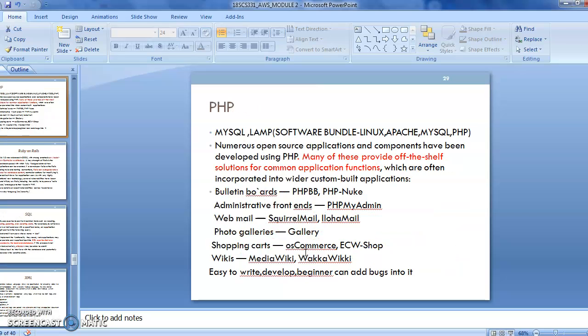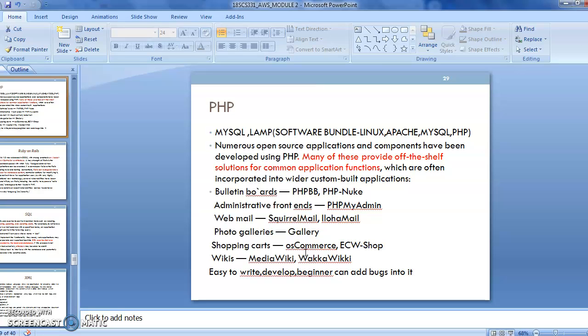Then PHP. PHP is what we made use of earlier. We can say personal homepage, or you can say hypertext preprocessor. Then that contains MySQL. Then LAMP. LAMP is a software bundle. Here each term indicates Linux, then Apache, then MySQL and PHP. These are the applications that are all stored together in a single software bundle.